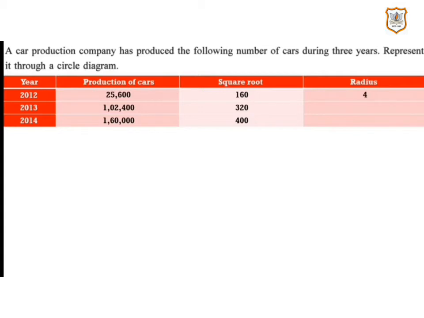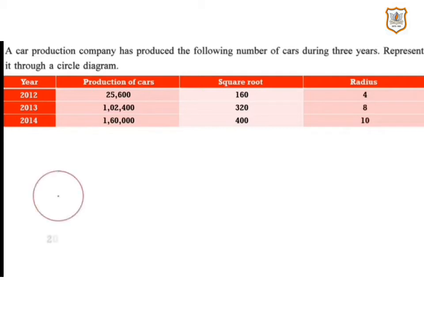You can divide it even with a still greater number to minimize it or to make it simple. To make it simple or minimize, you can divide it with 160 also. So here we are dividing with 40 in this sum. 160 divided by 40 you get 4. 320 divided by 40 you get 8. 400 divided by 40 you get 10.